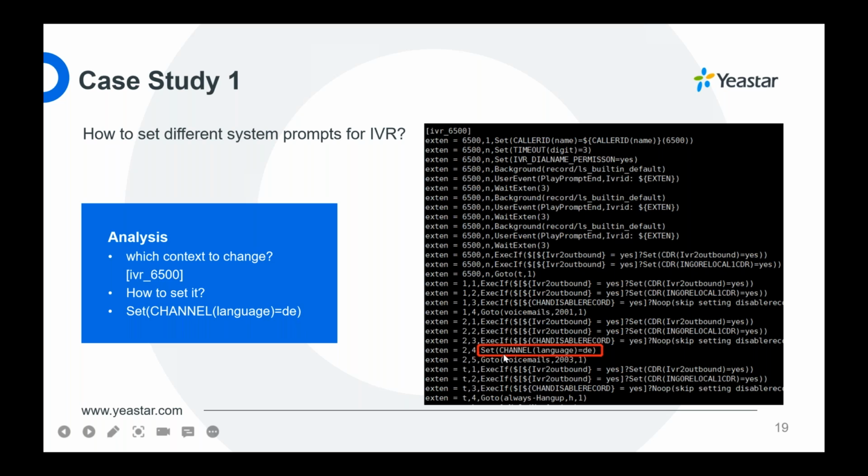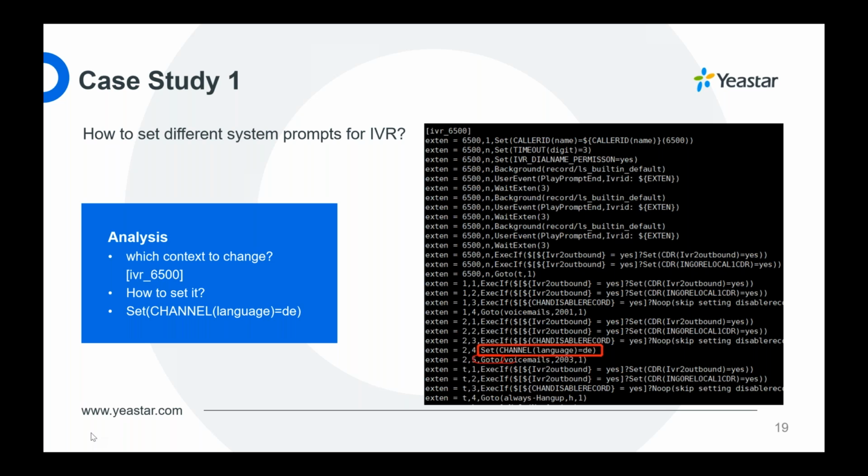And you have to make sure the application to change the setting is set before this go to, because you have to play this prompt first, then go to another destination. Okay,